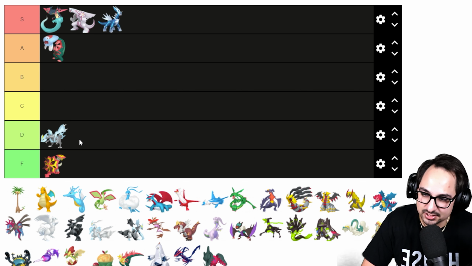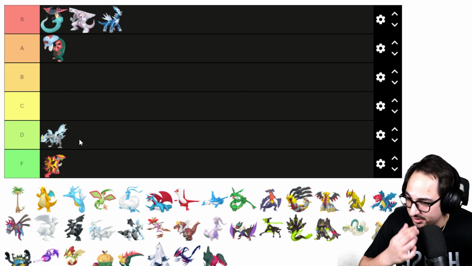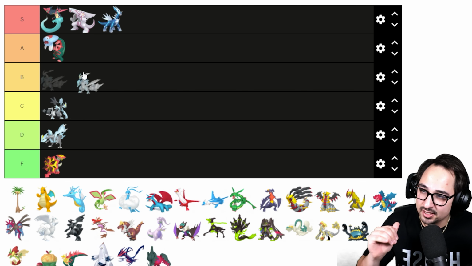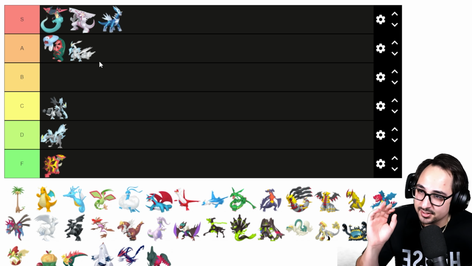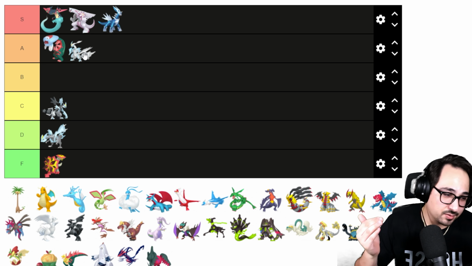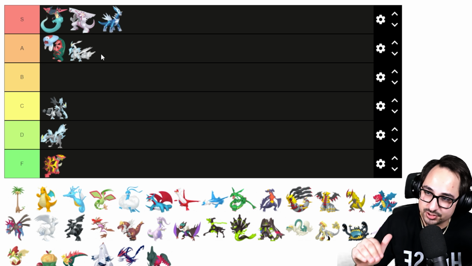And I might change this list around the more that I play with it. Maybe my opinions will change from now until the end of the video. Who knows? But I'm feeling like Kyurem is definitely not anything special. What I will say is Kyurem Black is a solid C tier, and Kyurem White is a solid A tier. Kyurem White is significantly better than Kyurem Black because of the special attack and because of also what it does in